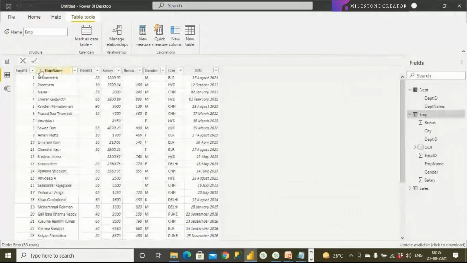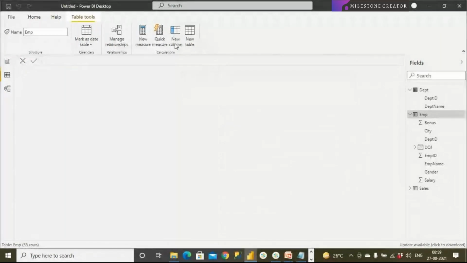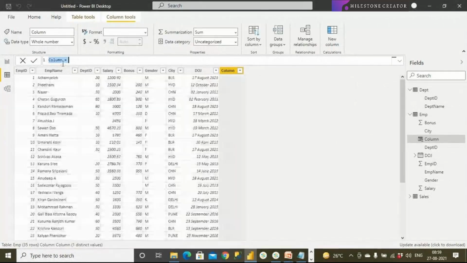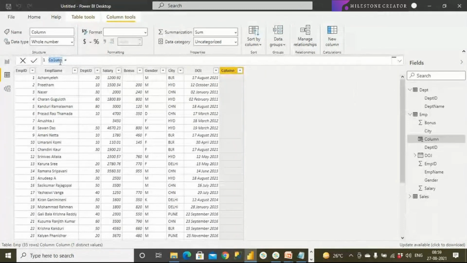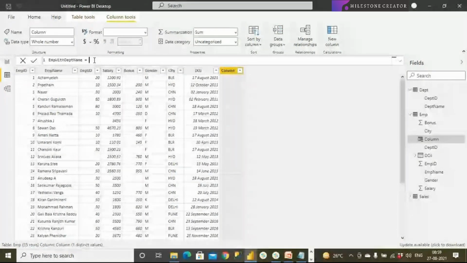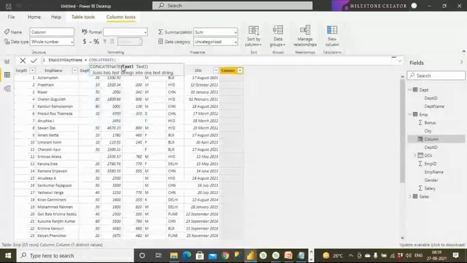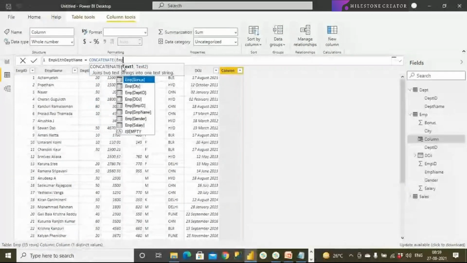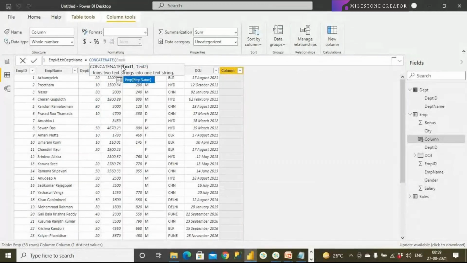This time I want to create a new column. So EMP with department name, so I will be able to get a concatenation. What is the first column name? EMP name. I can simply put EMP name directly